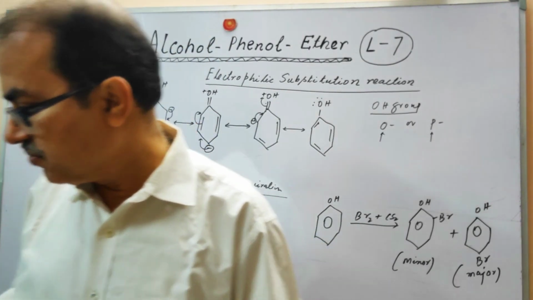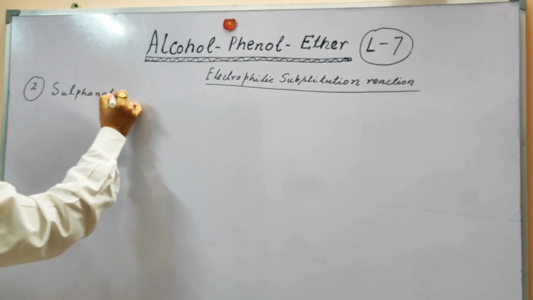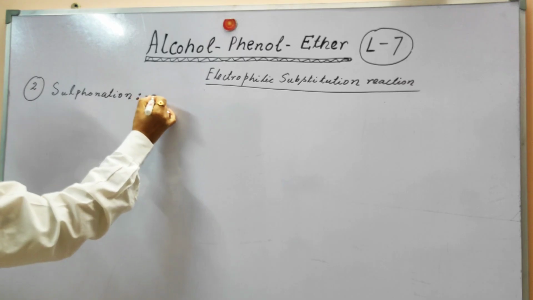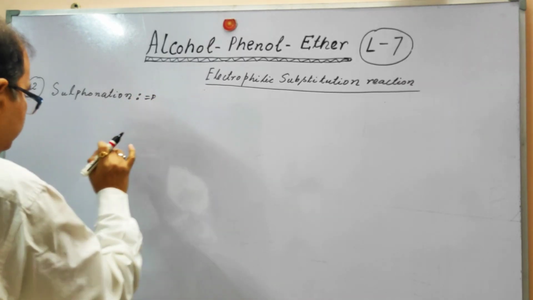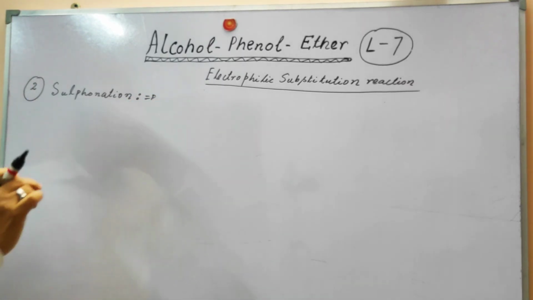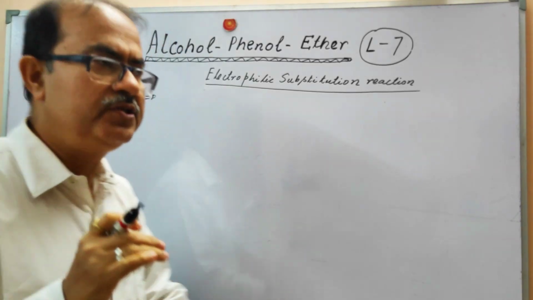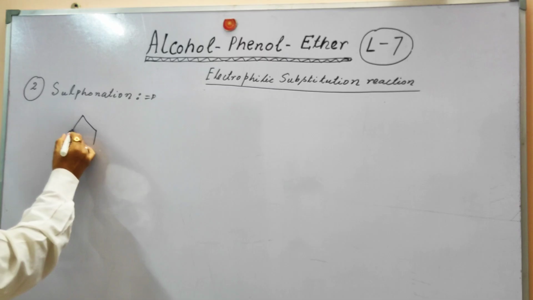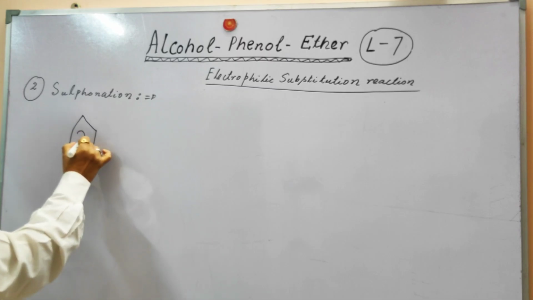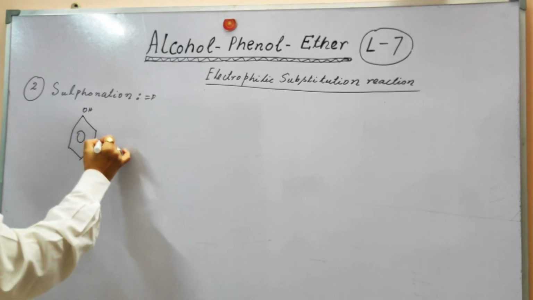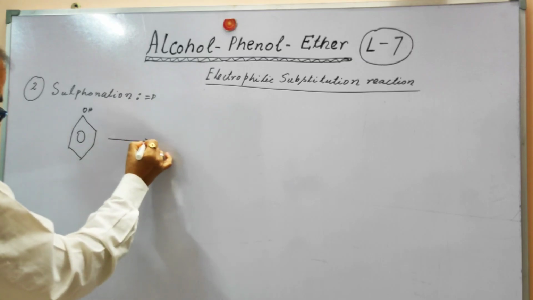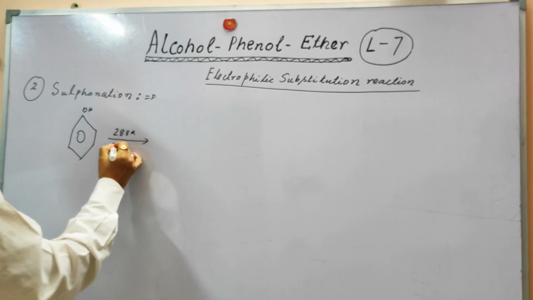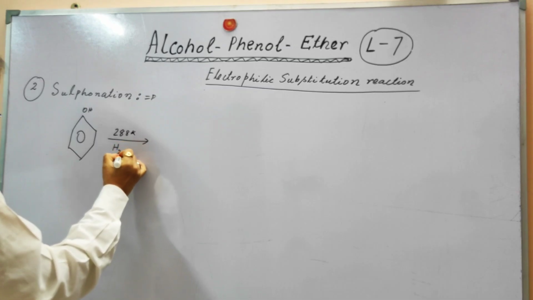The second reaction is the sulfonation reaction, that is the incorporation of the SO3H group in the benzene ring. In this reaction you observe that with different conditions, the product will be different. For example, when the phenol is reacted at the lower temperature, that is 288 Kelvin, with H2SO4,